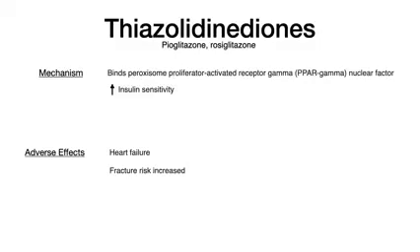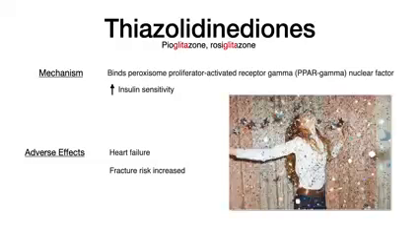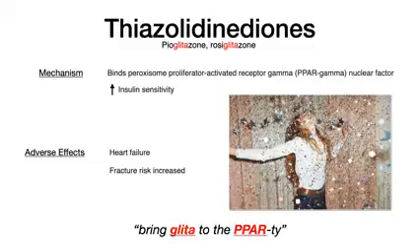The adverse effects of the TZDs are somewhat unique: heart failure and increased risk of fracture. So definitely know the adverse effects of all these drugs because they're all pretty unique. How do you remember this? This is a tough one because the name is so weird. But if you look at the drugs, you'll notice that they all have glita or glitter if you like to party in the name. And that reminds me of glitter, like throwing glitter up in the air, or confetti, some type of party material. And my mnemonic here is that you want to bring glitter to the party. Glitter for glitazone and party for PPAR helps me memorize the